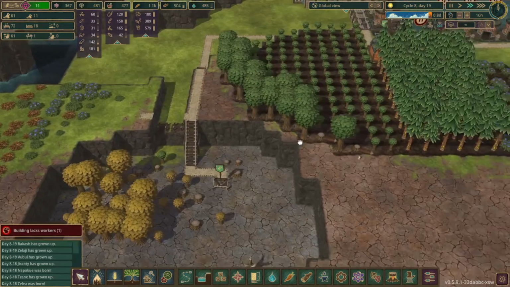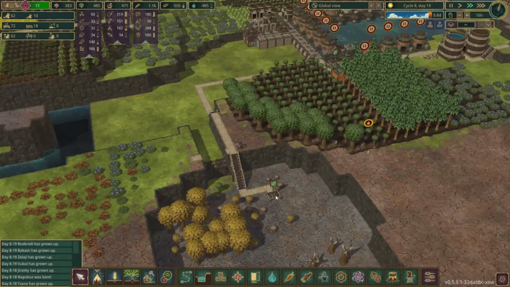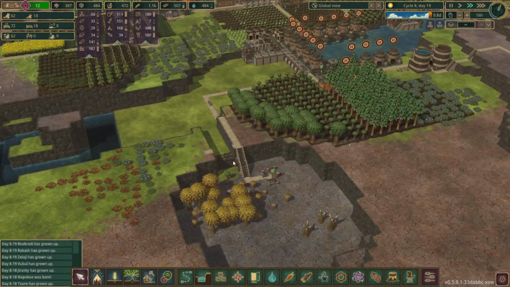Oh man, this beaver's chopping down trees up here. I don't really want to do that. I want to focus on these ones. But we'll just move this up here when the water comes. Not a huge deal. I think he can still chop trees underwater, but we'll be able to verify that during